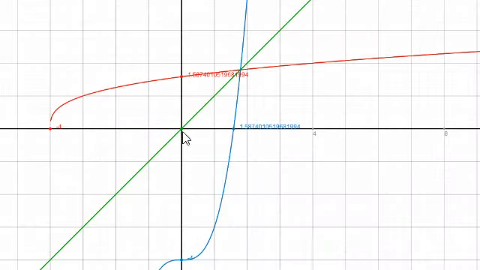Alright, so this is the line y is equal to x. And this line right here is the x cubed minus 4, and then this line right here is going to be the x plus 4 raised to the 1/3 power. So look at this bilateral symmetry that we have here. So we can tell just by looking at the graph that